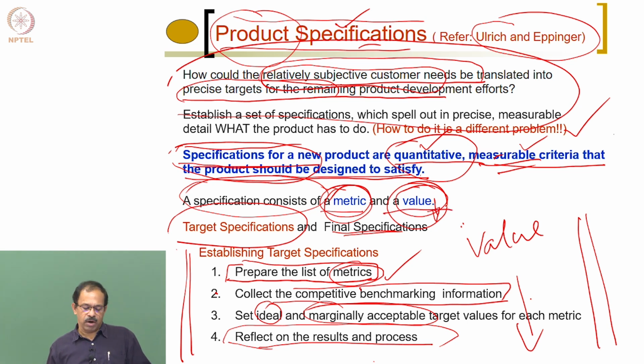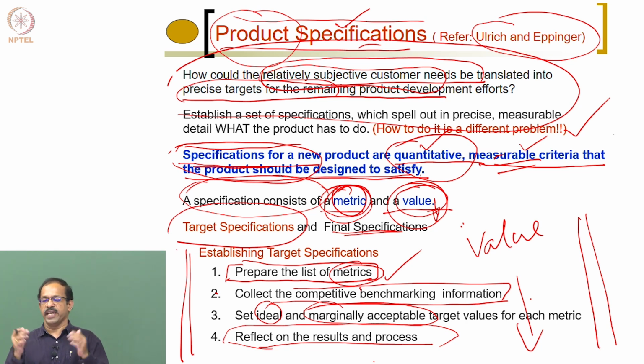So how do you identify the metric for every need is the challenge, or that is the task to be done by the designer. So you have a customer need like it should be lightweight, or it should be easy to use, easy to assemble, less time to operate. All these things are customer needs. Now we have to see how do we actually convert that into design metric or design specification.